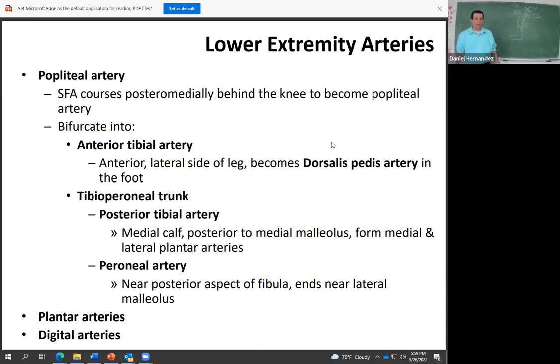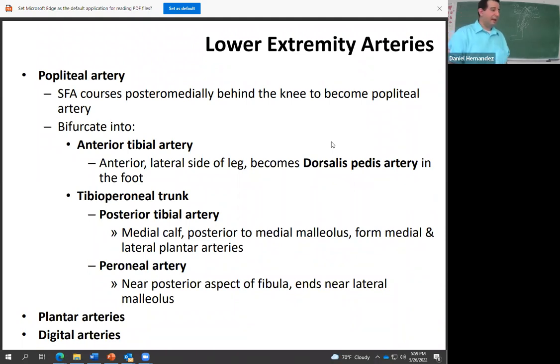The peroneal artery is near the posterior aspect of the fibula. That's also another landmark when we're scanning the calf that we can recognize, which is peroneal and which is the posterior tibial. It's just recognizing that fibula. So we'll get into that as well, but